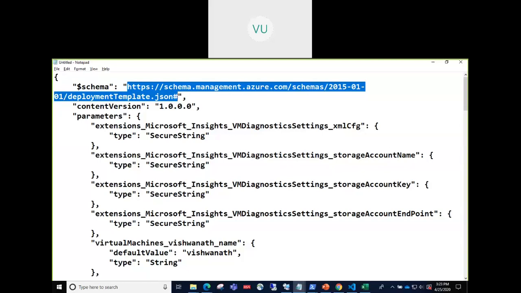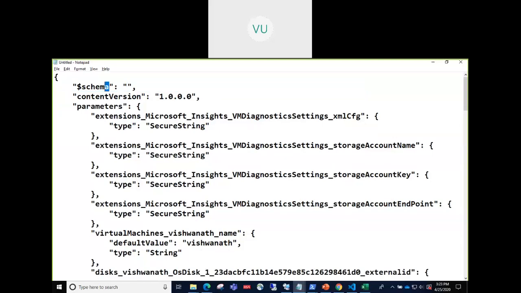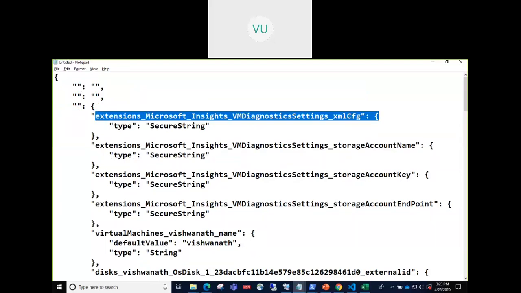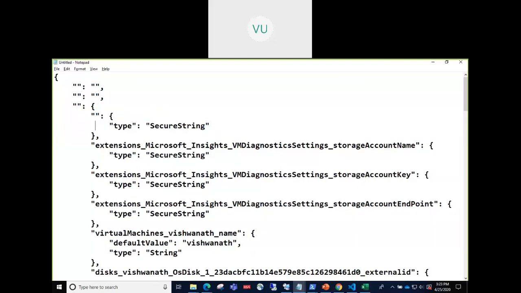If I just remove the value, which is between the quotes, and remove this content, you will understand the structure. So this is parameters. Again a key, and the value for this key is again one more JSON. So you have to specify that in this format. Again, this itself has child elements, so again a JSON. So, JSON under a JSON.